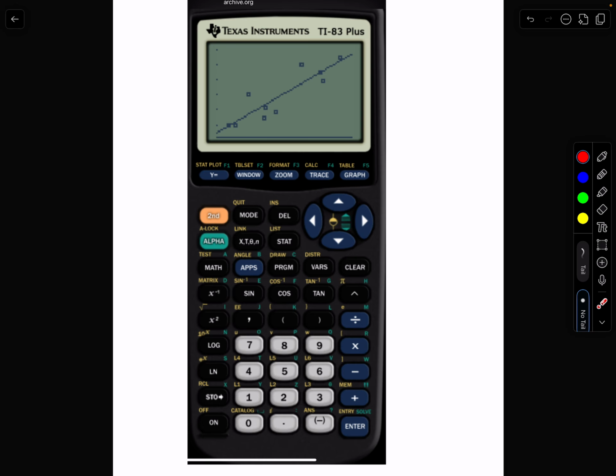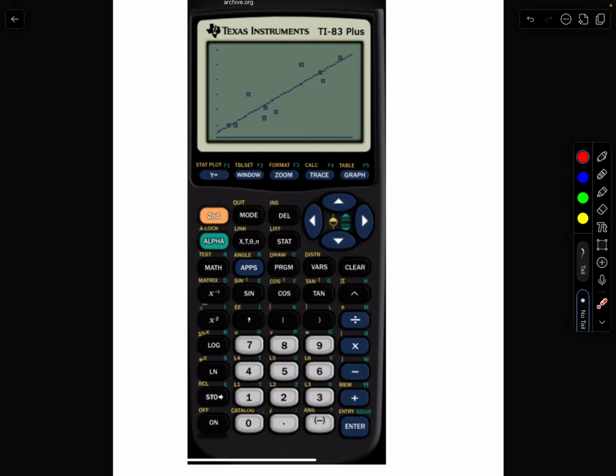Sometimes you have to push different keys to do different things. Sometimes things look a little bit different. So I also have another video with the TI-84 Plus calculator. You can look at that, doing some linear regression. Just to start out on this one, I'd like you guys to notice that there are some important keys